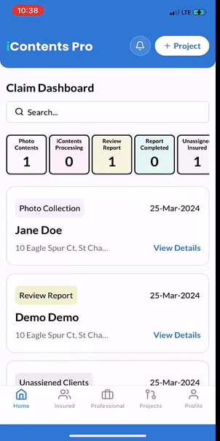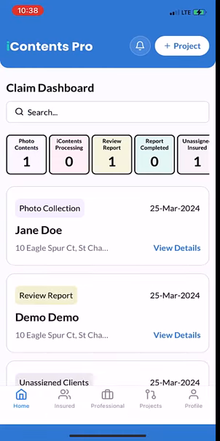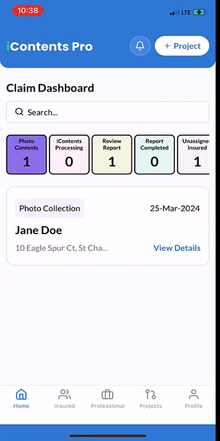You can quickly search for anything in the search bar, including an insured name, claim number, or a city, for example. The dashboard boxes give you a summary of the status for all your projects. The box on the left is called Photo Contents, or those projects in the content photo capturing and inventory gathering